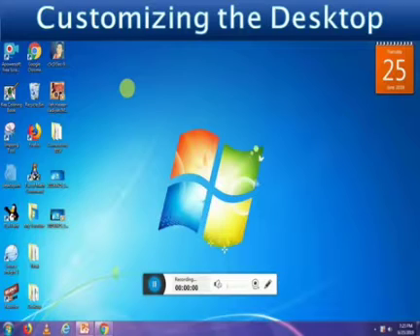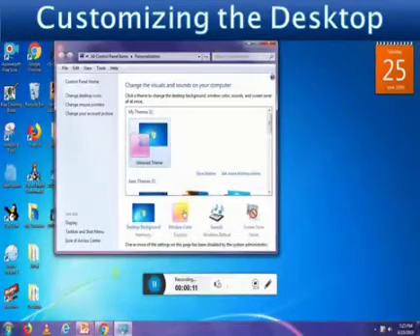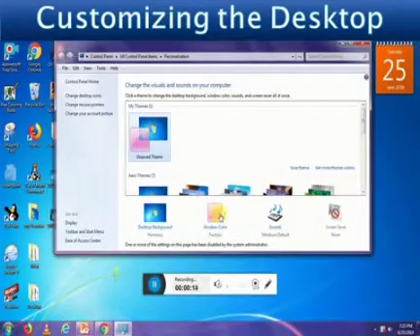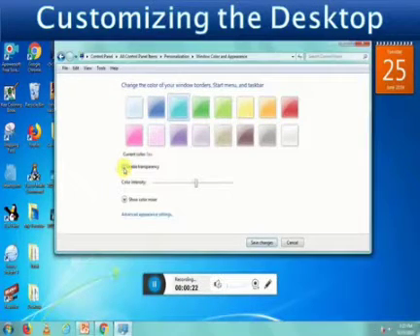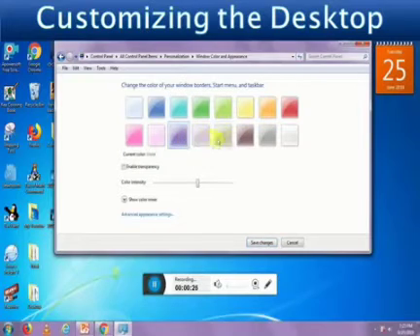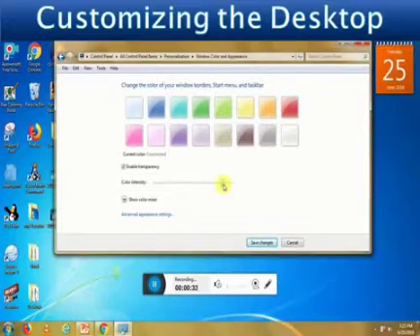Windows 7 is quite flexible and provides many ways to change the settings of the desktop. Let us try. Right click on the blank area of the desktop and select the personalize option. The personalization window appears. Click on the window color option located at the bottom of the screen. Select any color. Select the enable transparency option. Set the color intensity option. Click on the show color mixer option to set the hue, saturation and brightness to give the color effect.